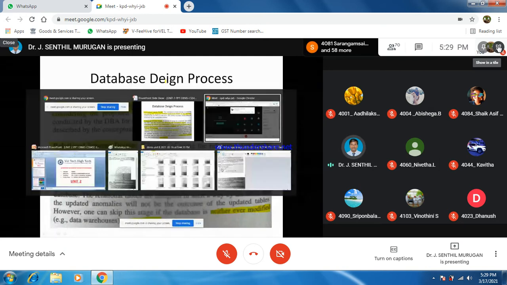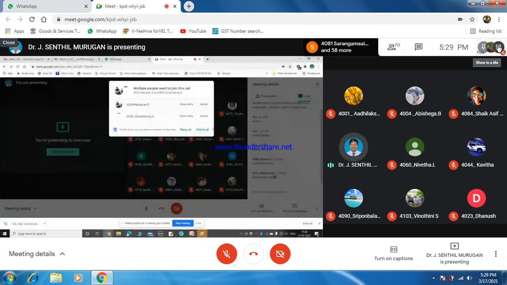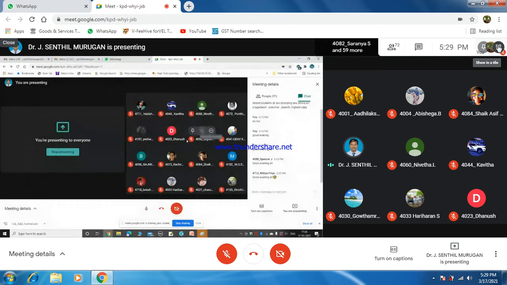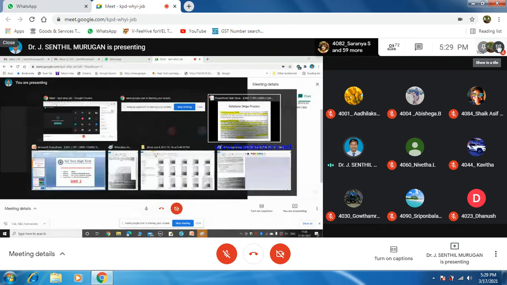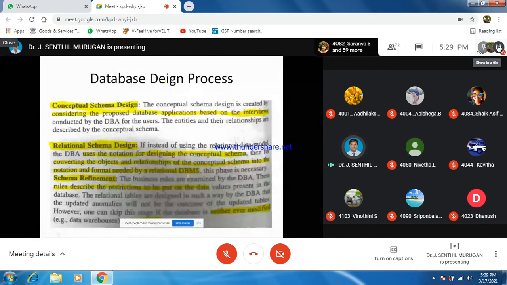If it is needed, then we will use it; if not, we are not going to use it. Now we check the database design process. This is called refinement. Refinement means again and again we are going to check the database.